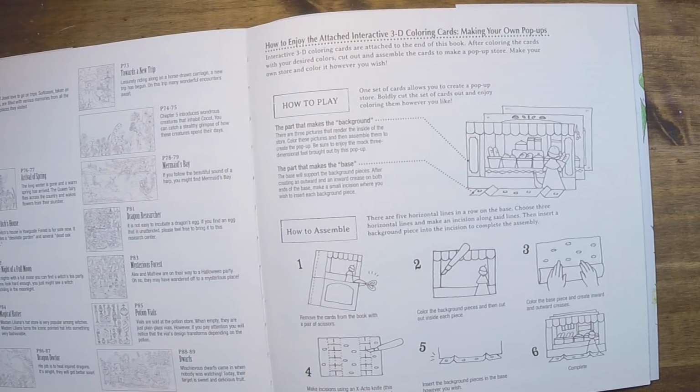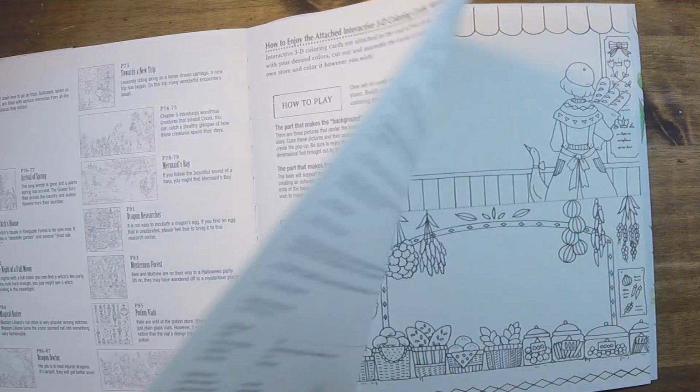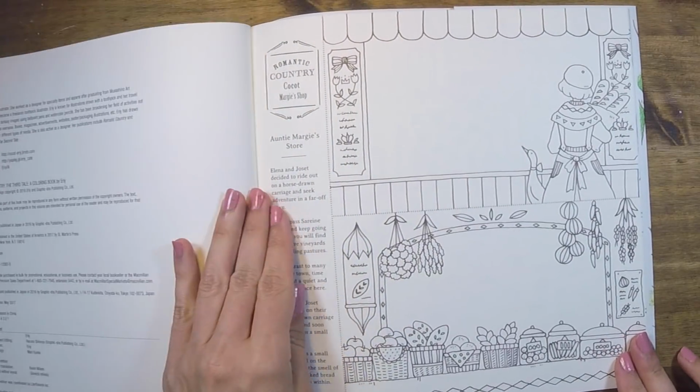Today, we're rounding out our Diorama series with the final project from Romantic Country's third tale, and it's a good